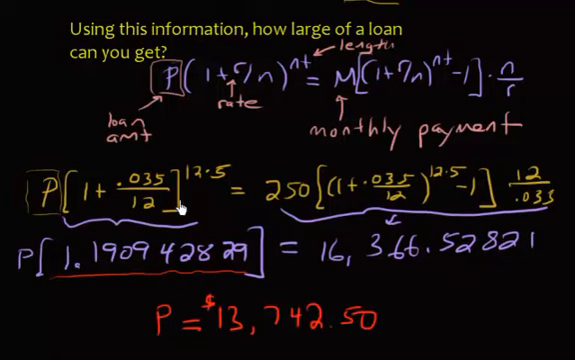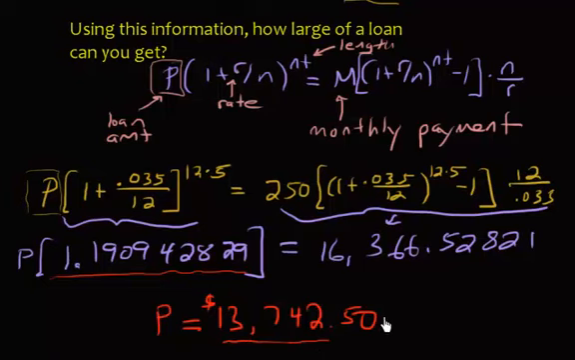So you being able to spend $250 per month over 5 years will allow you to get a loan that's $13,742. Now, if you wanted to buy a car that was $15,000, then you'd have to pay about $1,300 up front, because again, you can only get a loan of